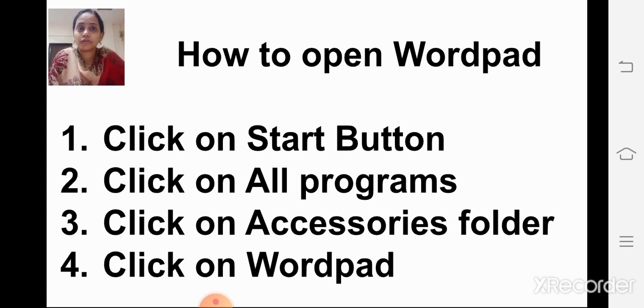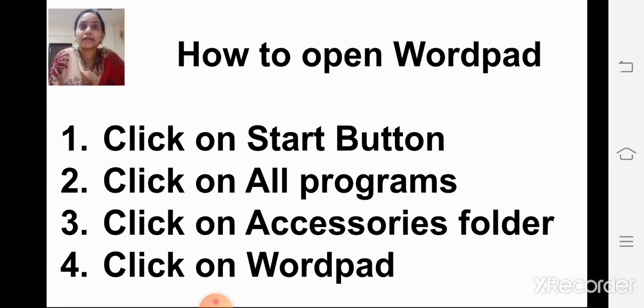Now first what we have to do, we have to click on the start button. You all know where is the start button? It is at the bottom left hand side of the screen. Okay, then when you click on the start button, then you click on the all programs option.